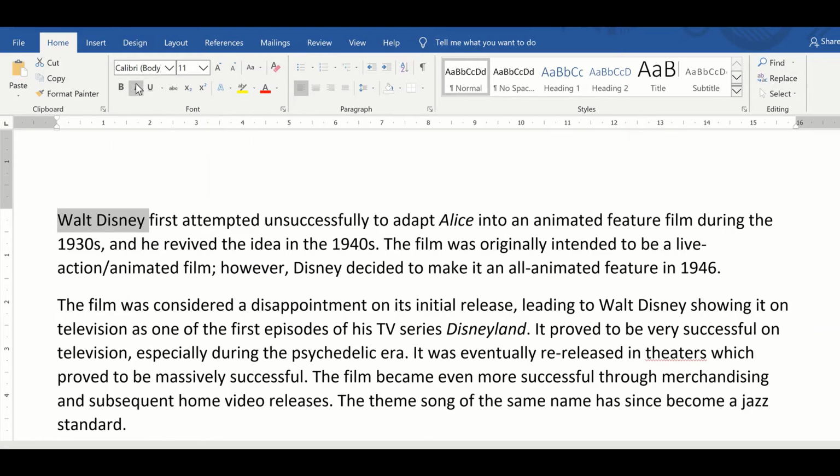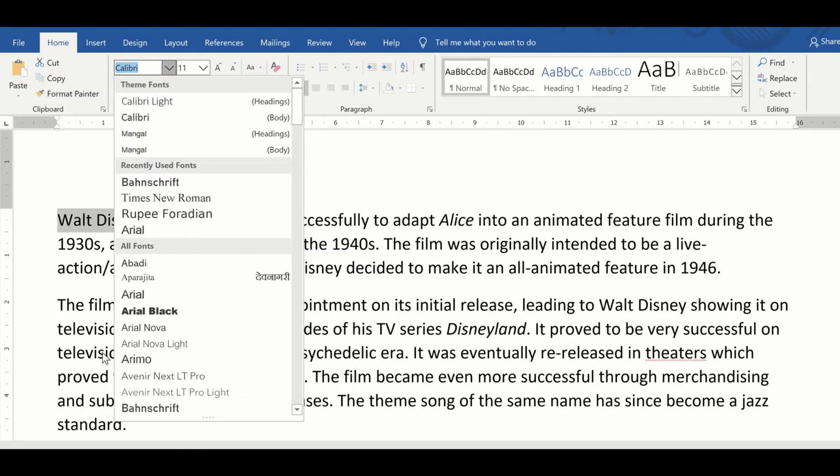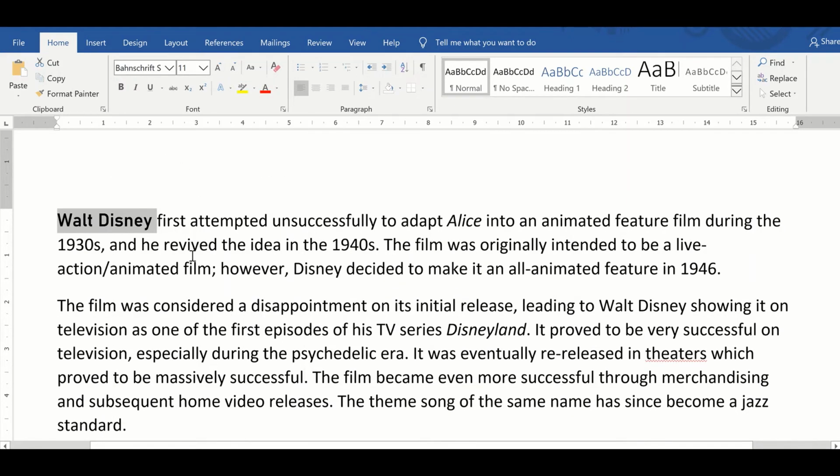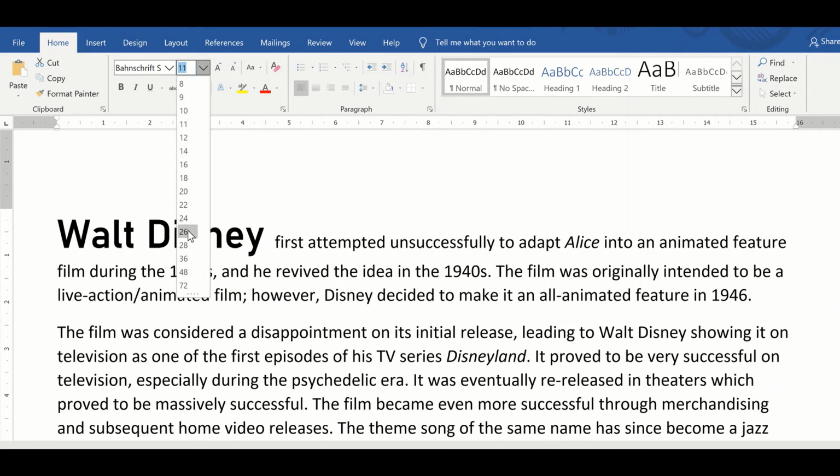So this is font. This is font size. This is bold, italics, underline, strike through. Strike through will cut the text. I'll tell you every option one by one. Let's first talk about the font group options. Number one is changing the font of a text. Here so many fonts are given. I have selected this font. Number two is the size of the font. Click on the size down arrow and select the size you want.